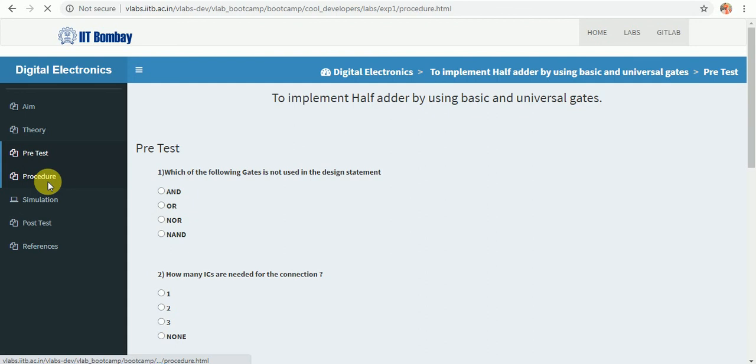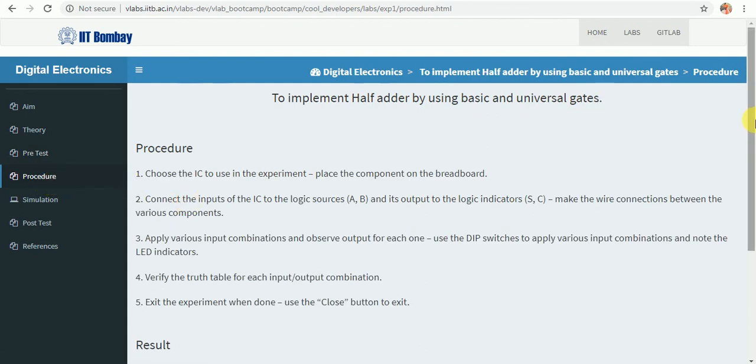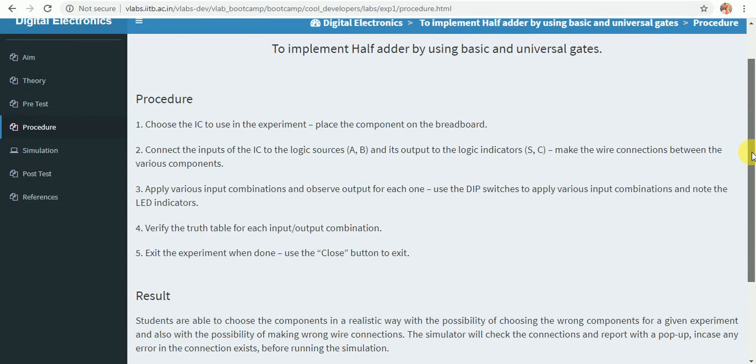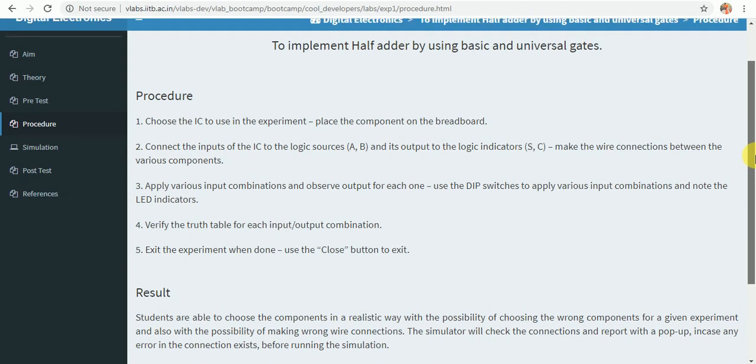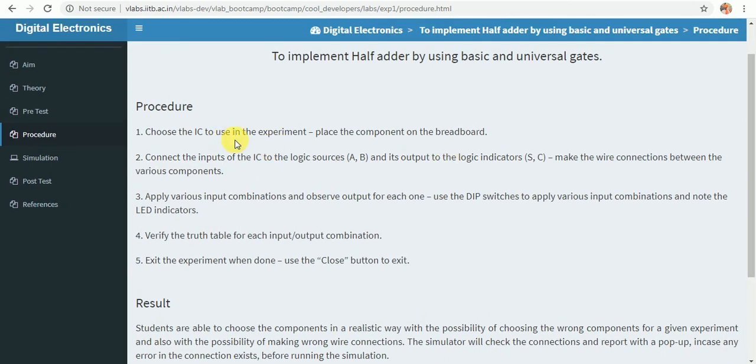Next, procedure. This is the procedure which we have to follow while navigating on the simulator. First step, choose the IC to use in the experiment. Place the component on the breadboard. Second, connect the inputs of the IC to the logic sources A and B and its output to the logic indicators sum and Cout.